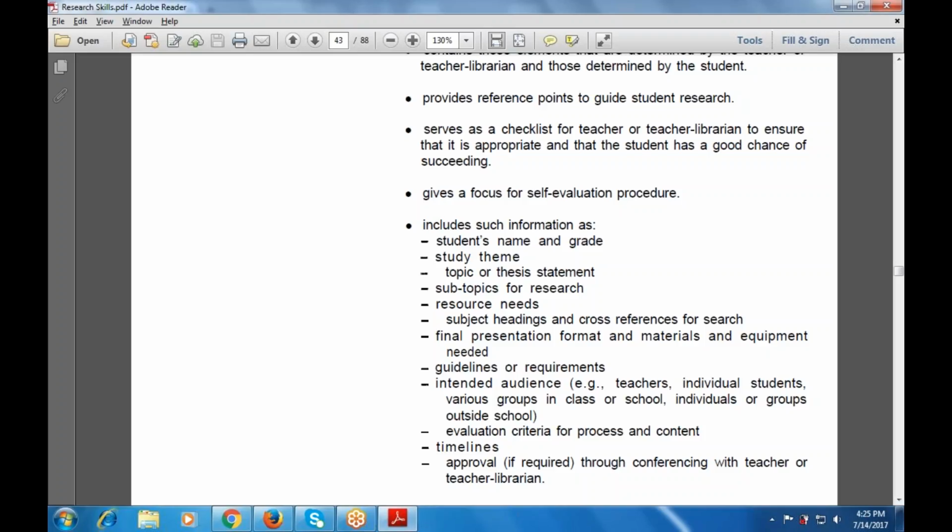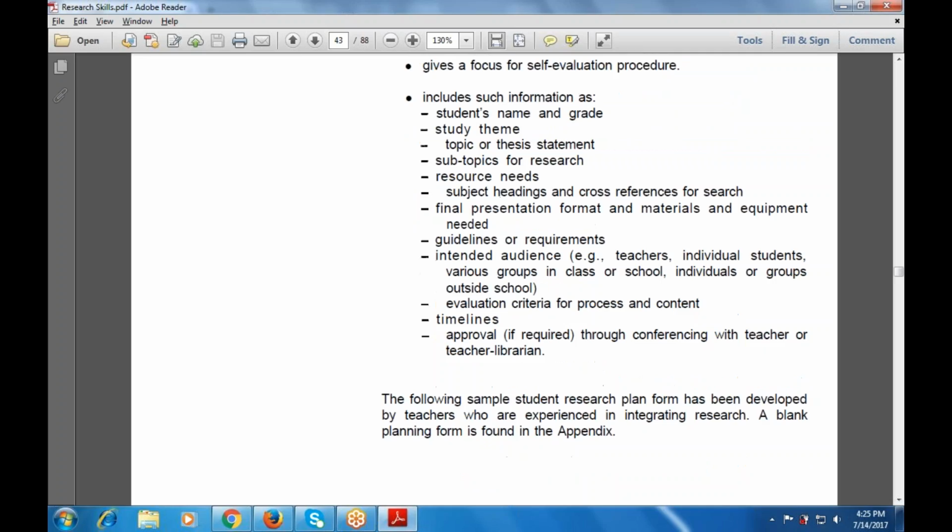The next is intended audience. Examples include the teachers, individual students, various groups in a class or school, individuals or groups outside the class. Then evaluation criteria for the process and the content. Then timelines, approvals through conferencing with the teacher or the teacher librarian. And the following sample student research